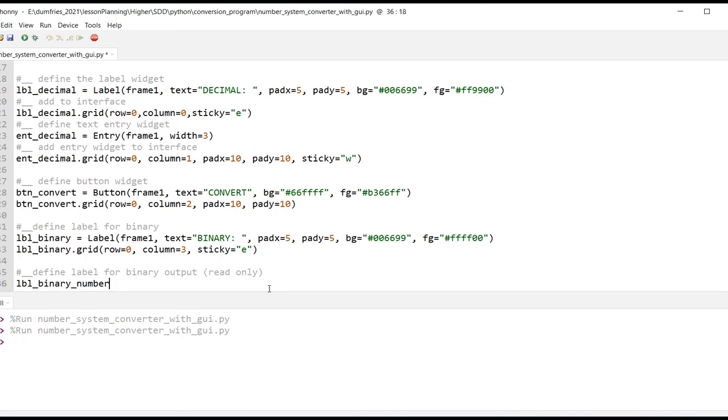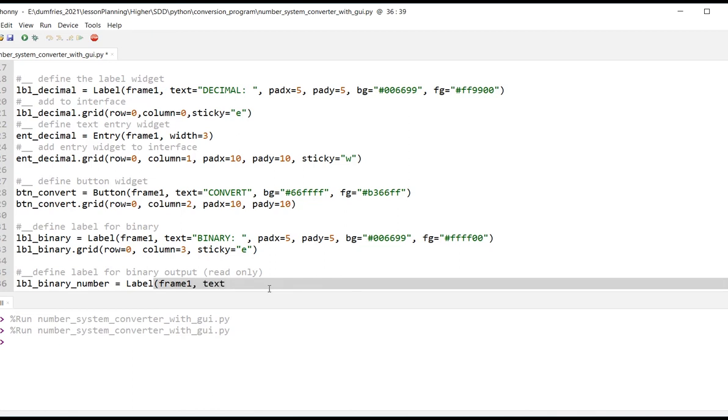And we want to call the constructor, so it's label, and it's going into frame 1. The text that we're going to put in it is just placeholder text, and it's 8 zeros, 1, 2, 3, 4, 5, 6, 7, 8, because we want to have place for 8 digits. We're going to put some padding on the x-axis of 5 and padding on the y-axis of 5, and we